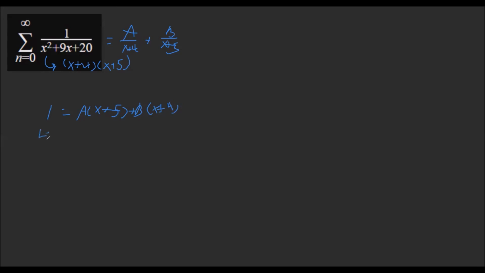We're going to begin by letting x equal negative 5. If that's true, then we end up with 1 equals negative b, meaning b is equal to negative 1. From here, we have to let x equal negative 4, meaning that 1 is equal to a. Okay, so from here, we just have to substitute a and b in, meaning that this infinite series is equal to 1